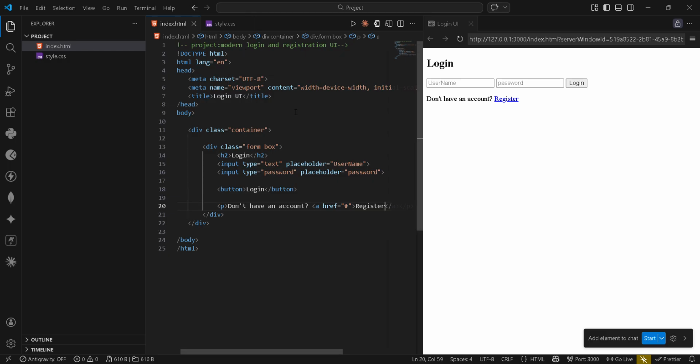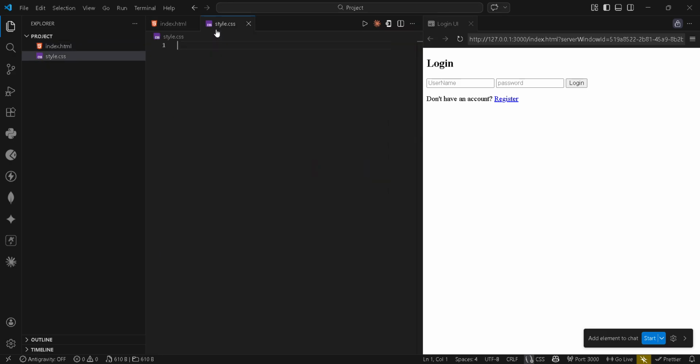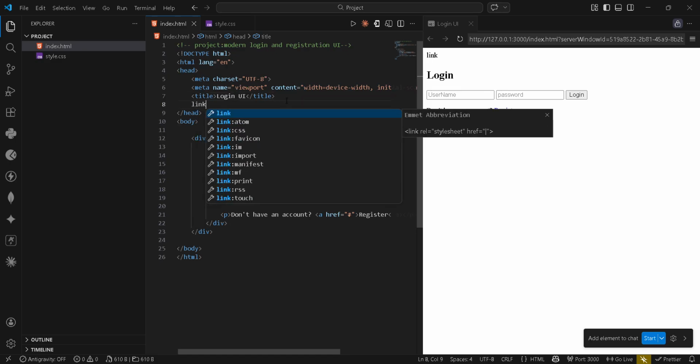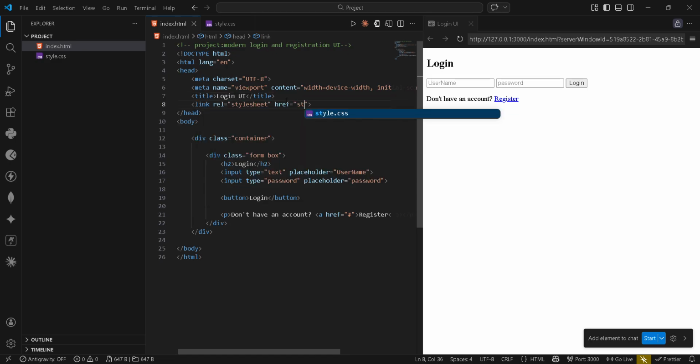Then the next part is moving to the CSS part. First, I will write here, then I can explain the whole CSS. First link style.css,